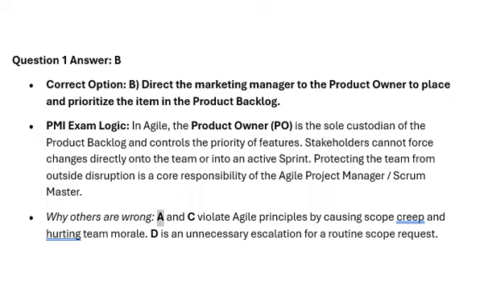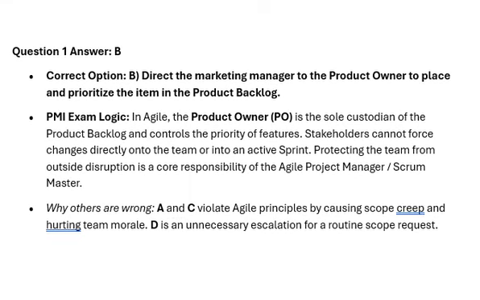Why others are wrong. A and C violate Agile principles by causing scope creep and hurting team morale. D is an unnecessary escalation for a routine